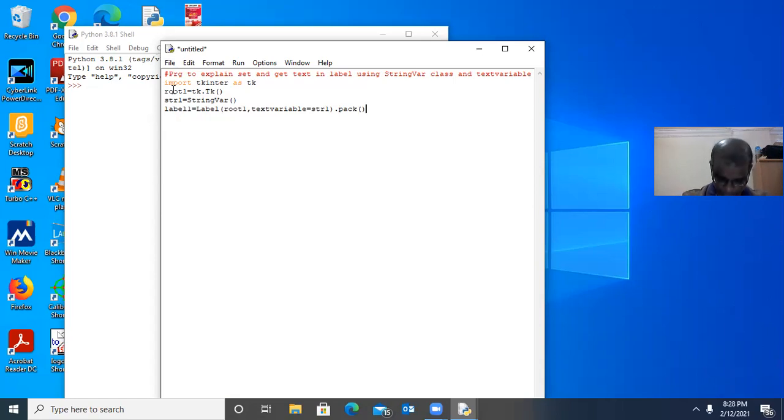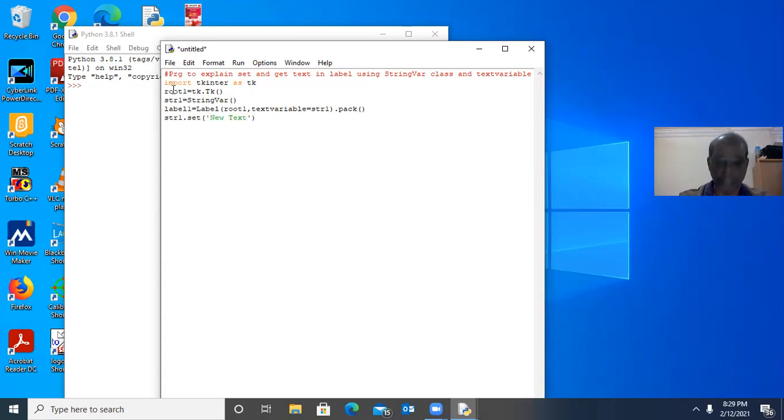That's good. Now I would like to set, or I want to assign one text into the str1. str1 is a string variable, using set. This set is used to assign one string into the text variable.